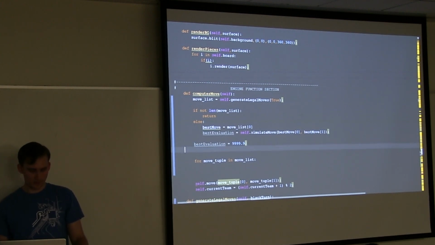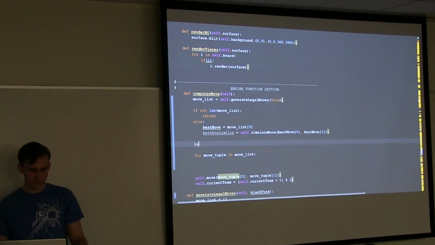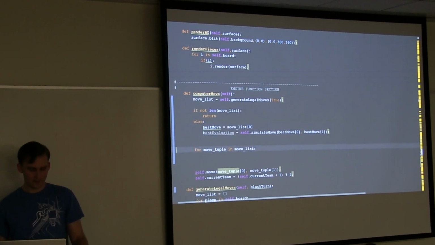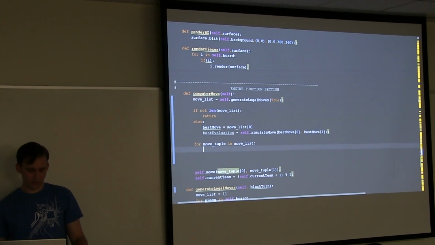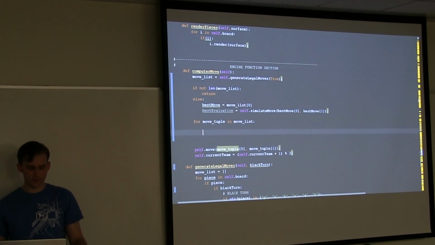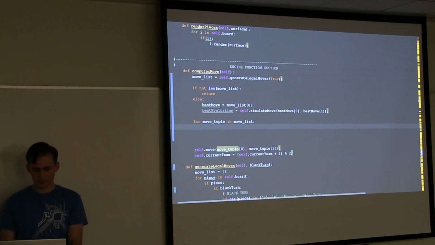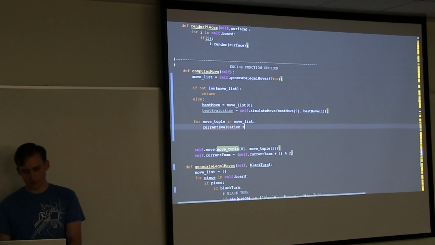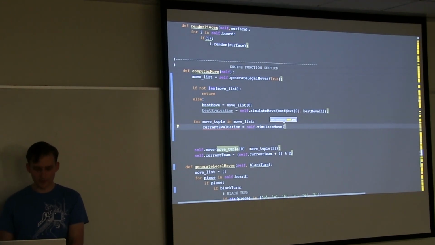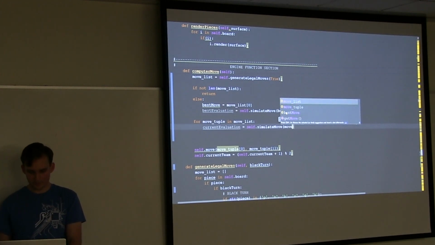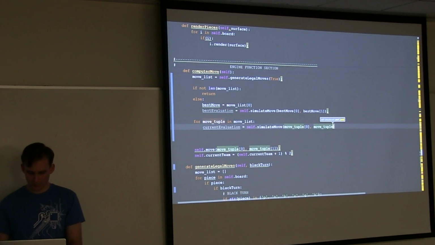And now we can start to move through our move list again. It might be worth noting that this is still going to cover the first element of move list, so it's a little redundant, but it's okay. So let's track the current evaluation that we get from simulating this move for each move in the list: move tuple sub-0, move tuple sub-1.